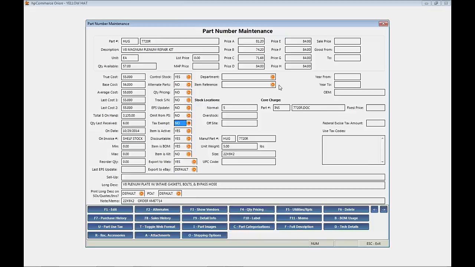So on this particular screen, we'll see that there is a core charge defined. In this case, the core is established, but there is no fixed price that is set up for this item. When you set up a core and a core charge on an item, that item will automatically appear on the order for you. In this case, if I add HUG 7720R onto my order, then HP automatically adds an extra